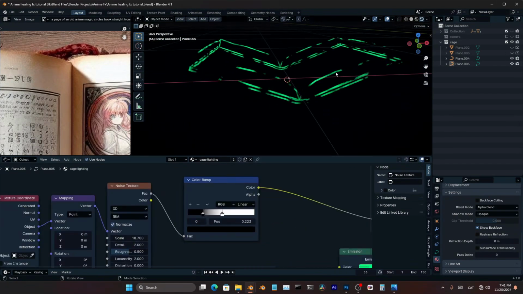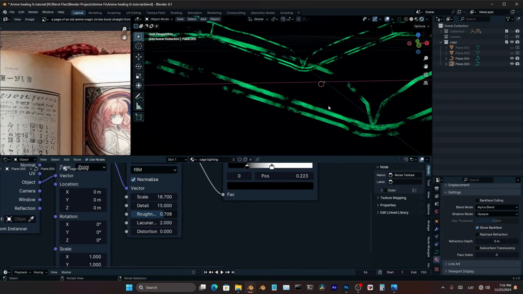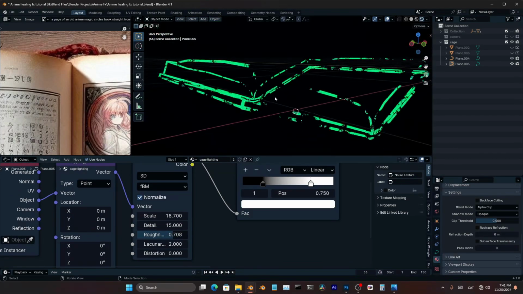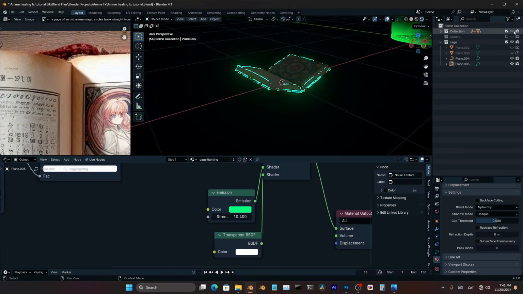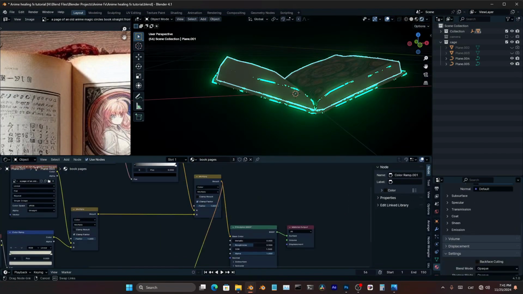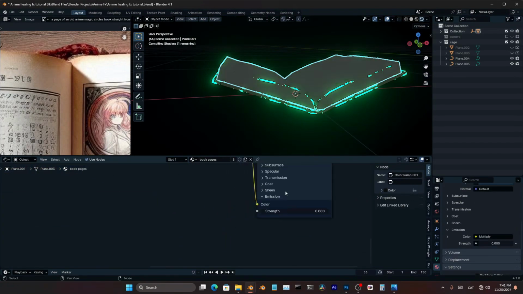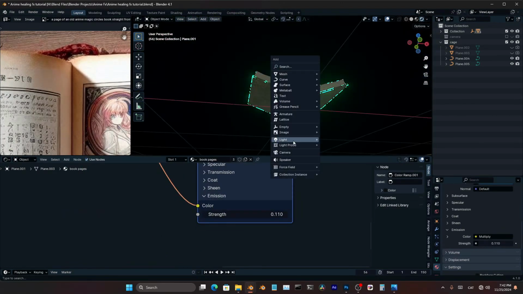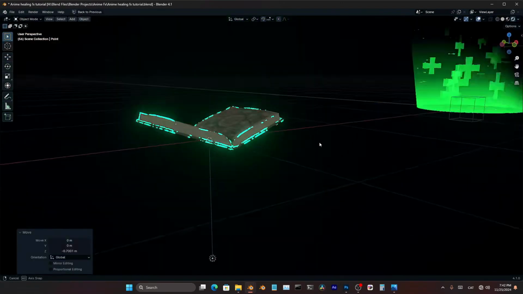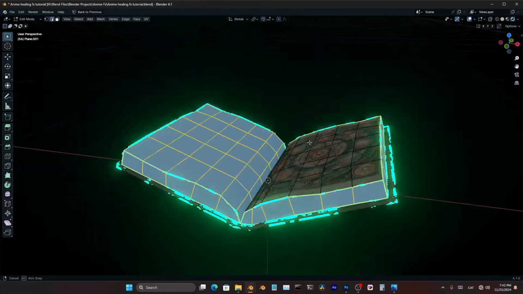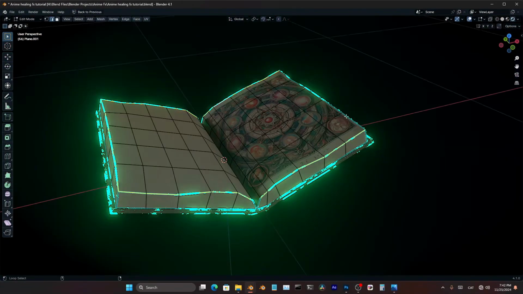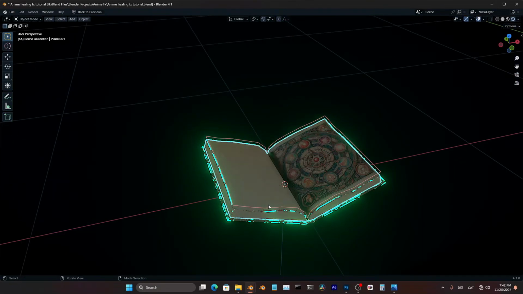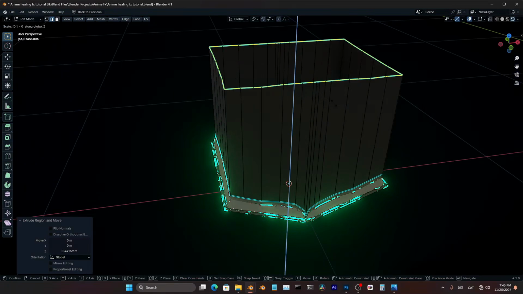The alpha blend works really well, but if you want harsh transparent stuff, you can add alpha clip. And as you can see, that looks really cool. And yeah, voila, that's cool. Really, really cool. And for the pages, I added to the emission, so it's lighting a little bit. It is bright a little bit, you know. And voila, that's it. What I need to add is these particles that go up, and as you can see,